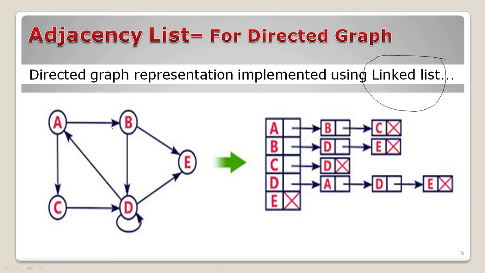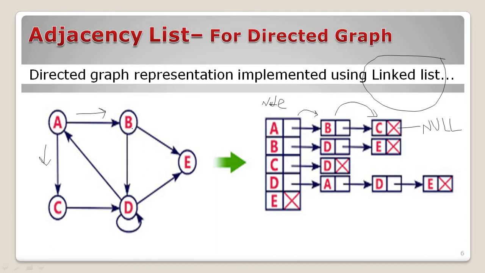Okay, now considering the left side, we are having the graph with A, B, C, D and E. For that, this is what we are going to be calling a node. Now from A, we are having the directed edges to B as well as to C. So from A, we are having the edge to B as well as the edge to C. Afterwards, there is no edge present, so here at the end, we are going to be storing null.